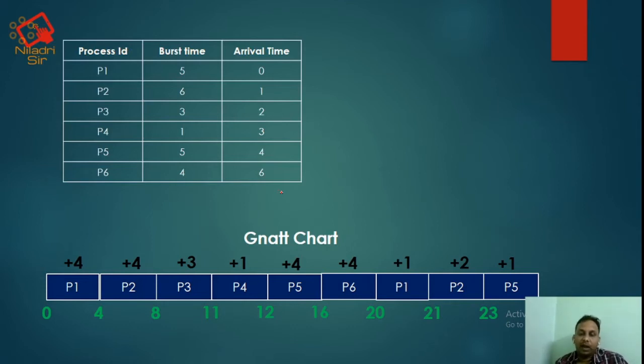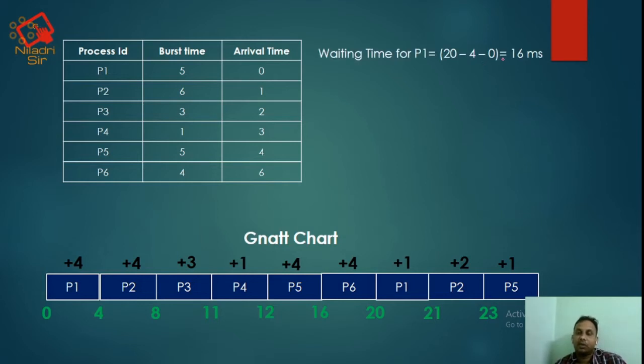At first, suppose we want to find out the waiting time for P1. I can see that there are two blocks for P1, and this one is the last block. We have to check the starting of this last block, that is 20. So the waiting time of P1 will be 20 minus how many times it executed before this block, that is 4 microseconds, minus its arrival time, that is 0. So 20 minus 4 minus 0 will be 16.